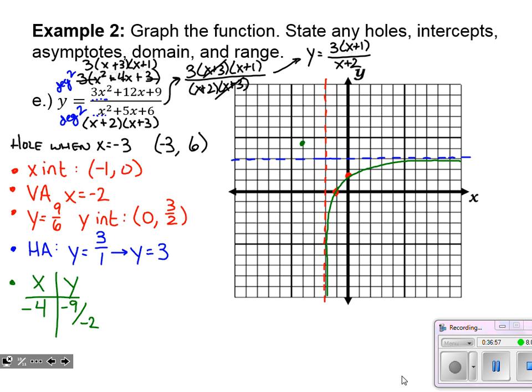we have another point in the graph, and we can tell that the graph is going to behave like so. We know there's that hole in the graph, so we show that with an open circle and have the graph continue on its way being drawn toward the asymptotes. Domain and range, and we're done. My domain works as long as I have x values that are not equal to where my vertical asymptote is and where that hole in the graph was. For the range, I can accept any y value as long as it's not on that horizontal asymptote at 3 or the height of that hole in the graph, which was 6.